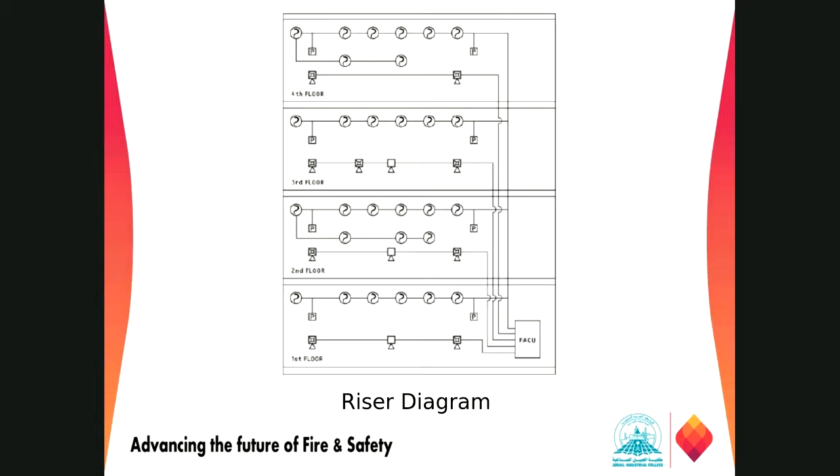And then we have a riser diagram. Normally, the riser diagram will show floor by floor. This is floor one. What are the detectors? There should be the numbering and listing of that. What is the number of detectors, right? How many smoke detectors, heat detectors, and so on. This way we have to get the riser diagram drawing along with the layout plan.